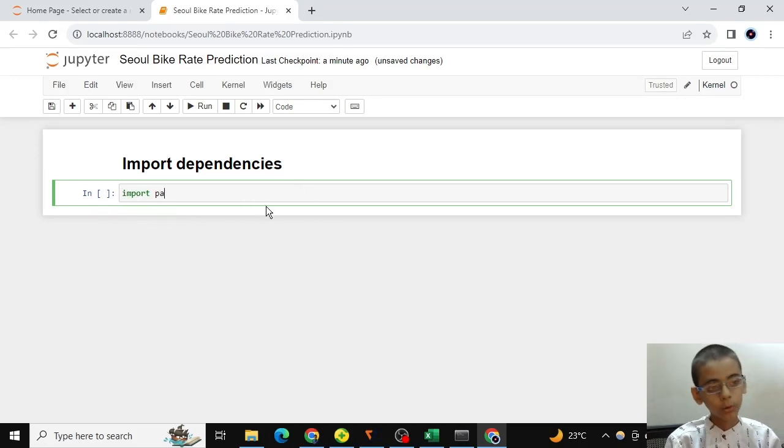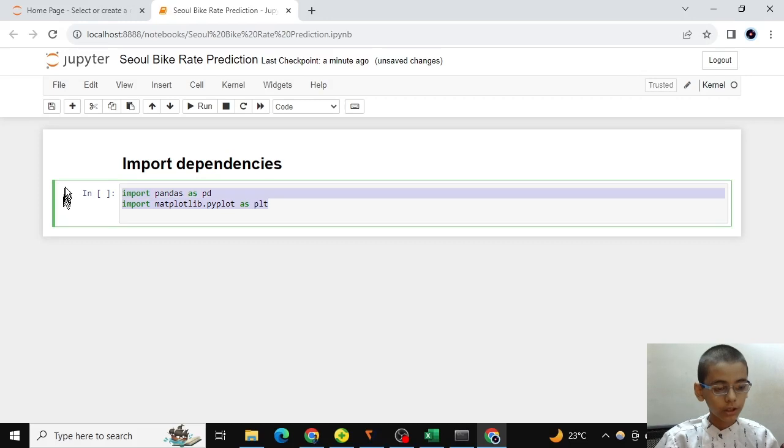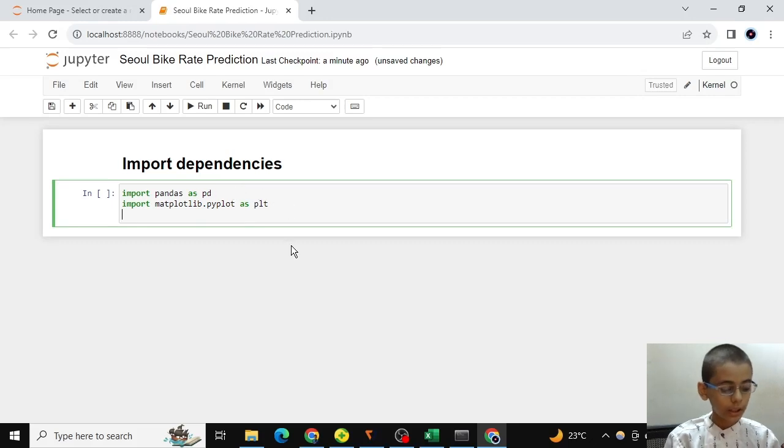So let's import our dependencies for loading our dataset. In this line we import the matplotlib.pyplot package as plt, and here we import our pandas library.